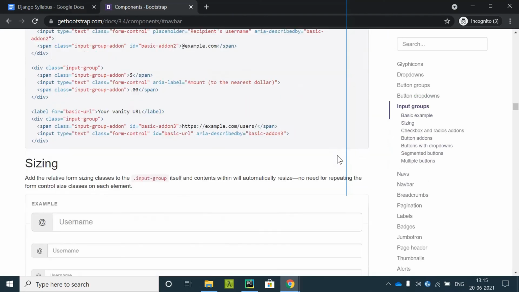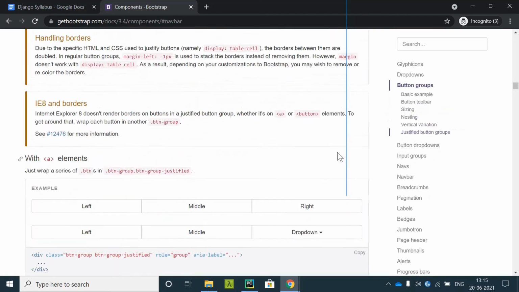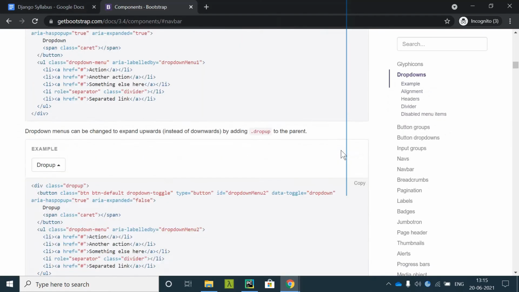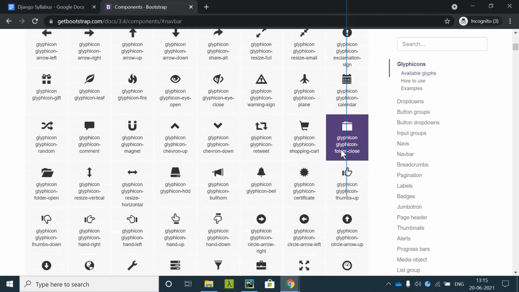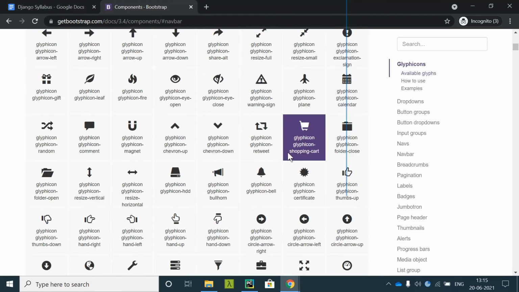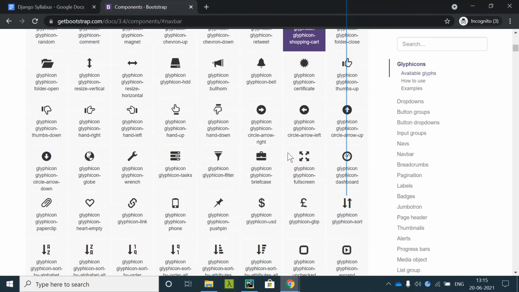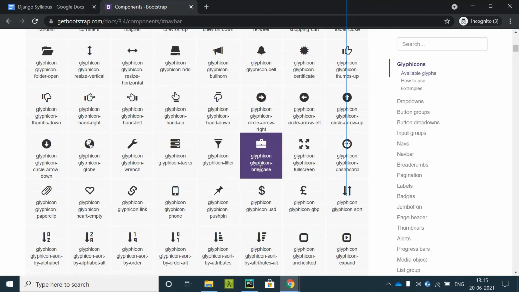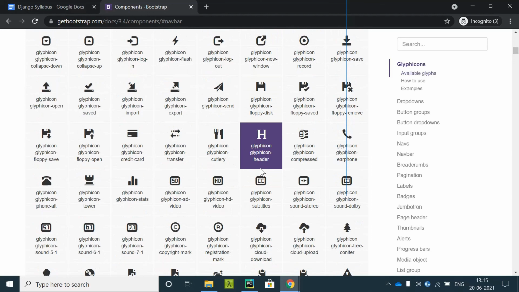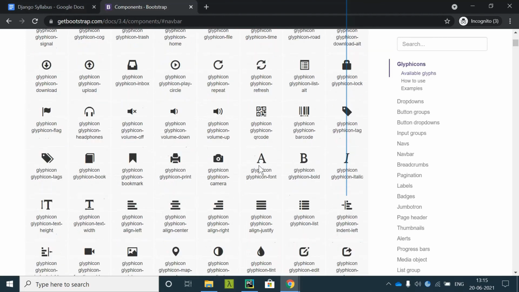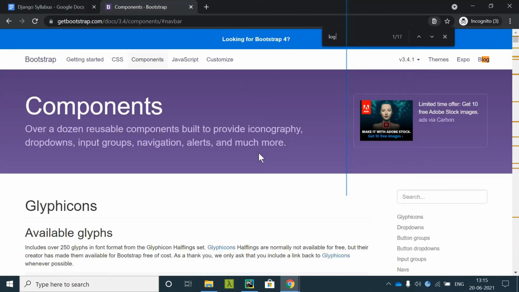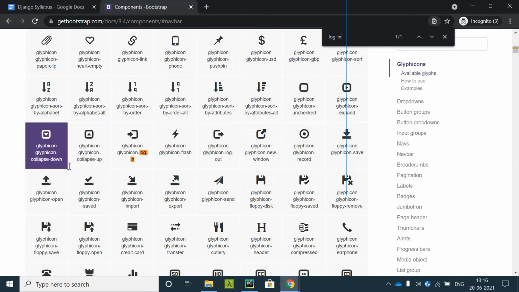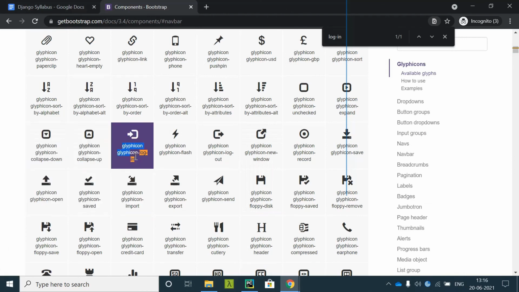These are the glyphicons that are used to display simple symbols or icons to understand the login, logout, user, my cart, everything else. Here you can check for login and logout what better you can use. I'll search for log in. Okay, this is the icon I found for login.